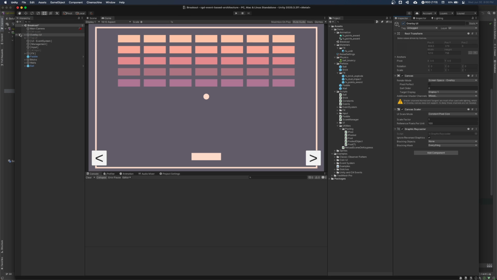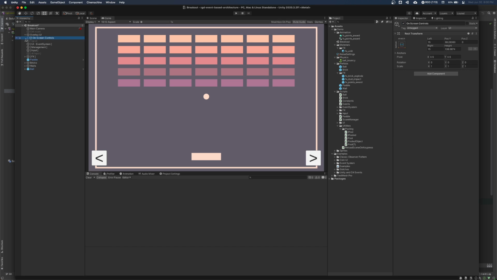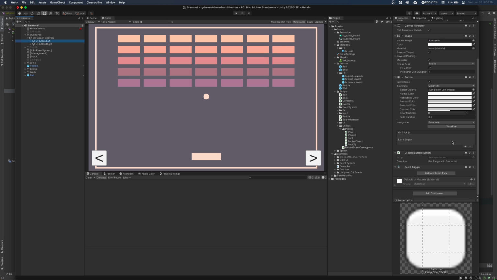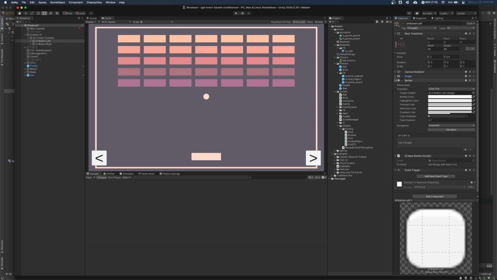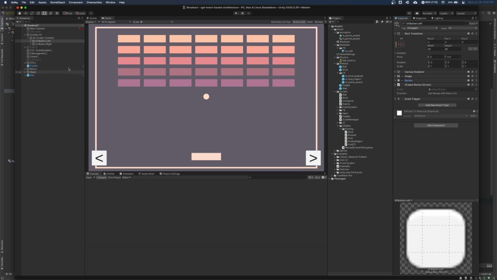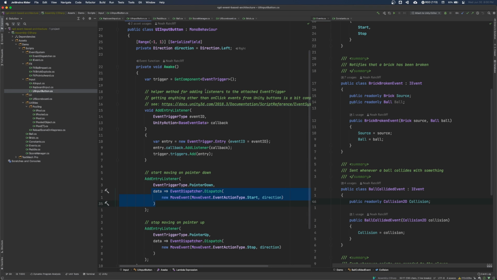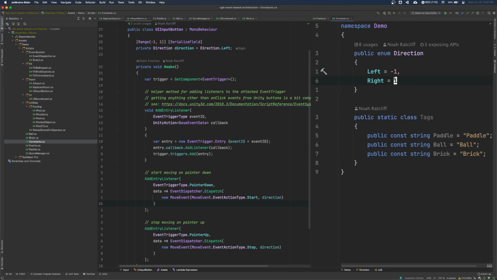let's see here. We have our left and right buttons, and we can see the input button. Well, unfortunately, I changed it to be integers, so it's no longer assignable. But if I hadn't messed with things last minute, it would be assignable in the Unity editor. Unfortunately, there's some funky serialization stuff that happens with Unity. Oh, I see. No, this is the problem. There we go. Okay, should be good now.